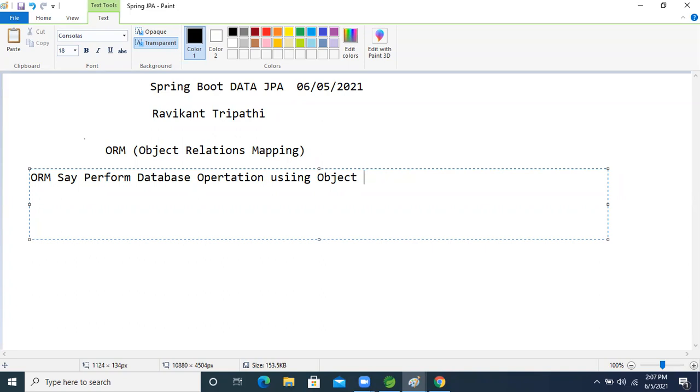ORM gives some methods like save. If you want to save the object in the database, you use the save method and perform the save operation. Now fine, guys.